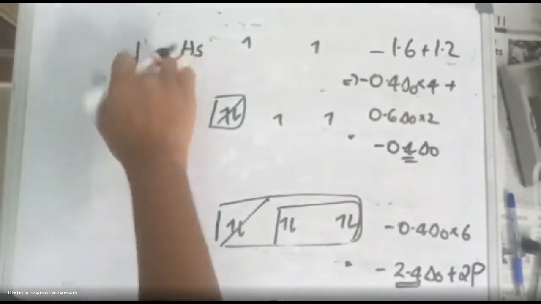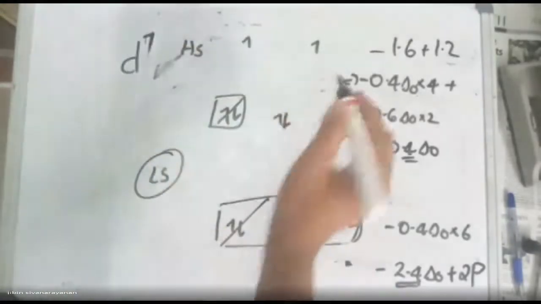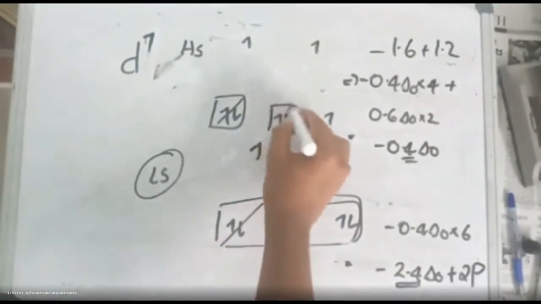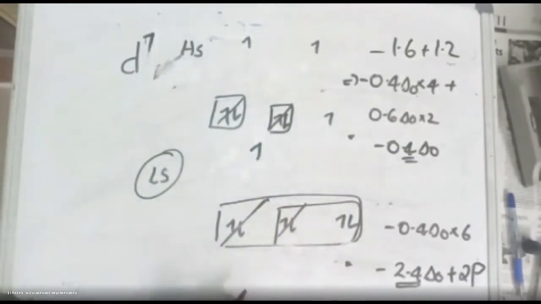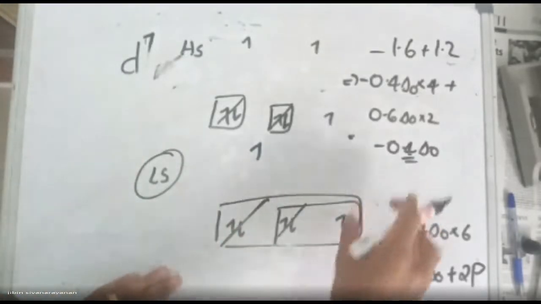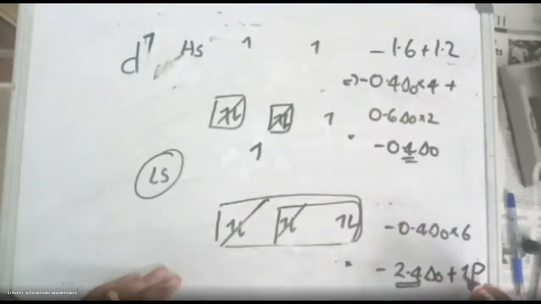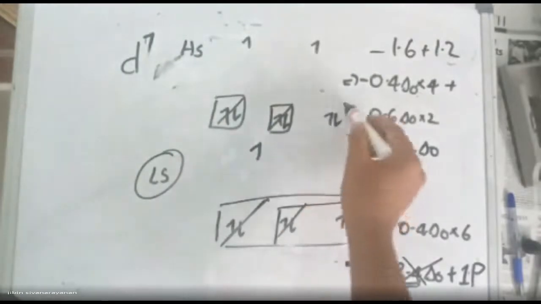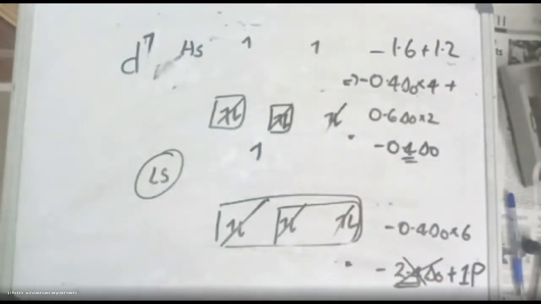Okay, so if it is a d7 configuration, 1 more pairing energy will be there, and the 7th electron goes here. So there are two pairing energies that can be cancelled in both high spin and low spin. So in the low spin d7 configuration, you have to add that energy plus one pairing energy along with the other value. You have to add one pairing energy for the d7 system. If it is d8, all get cancelled and simply the value would be there.